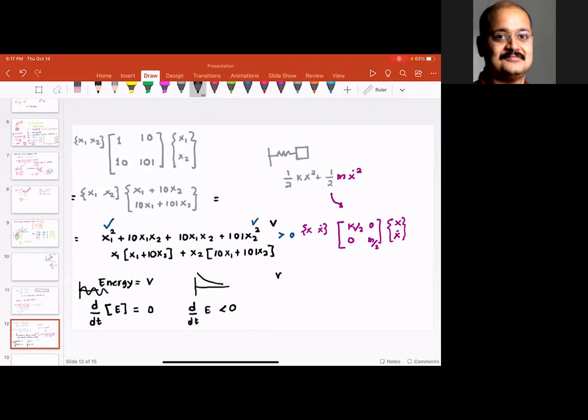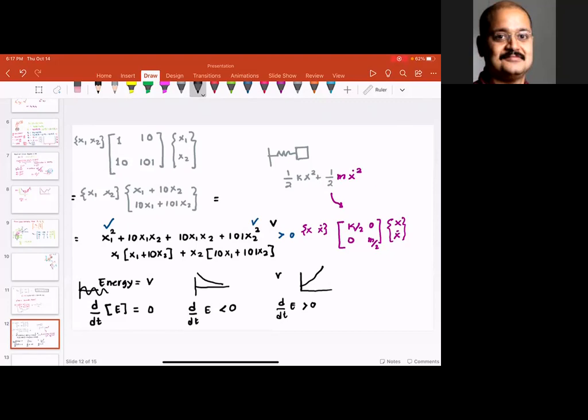And now the question is, when would the system become unstable? If you take the rate of change of energy, and that is positive, then the system would become unstable. Think about a child on a swing and you start pushing the child in resonance. The amplitude of the swing increases. Why does it increase? Because by pushing at the right time, you are injecting energy into the system. So the system is becoming unstable.